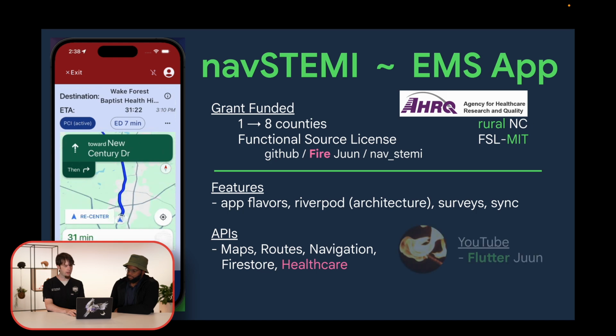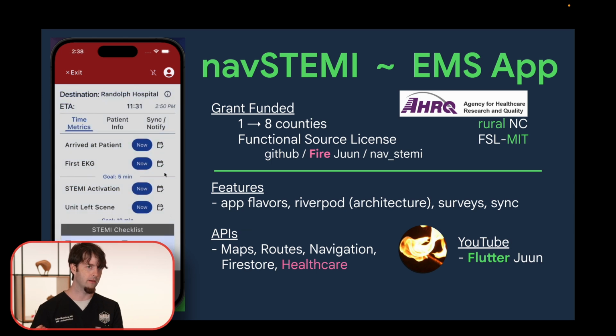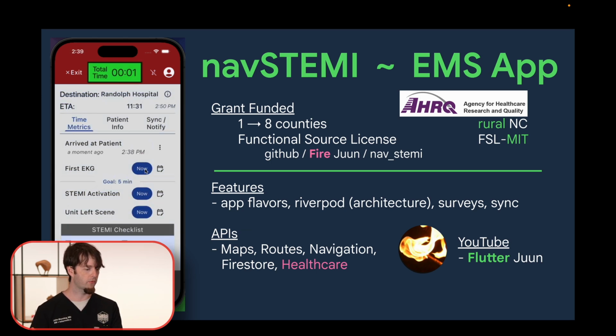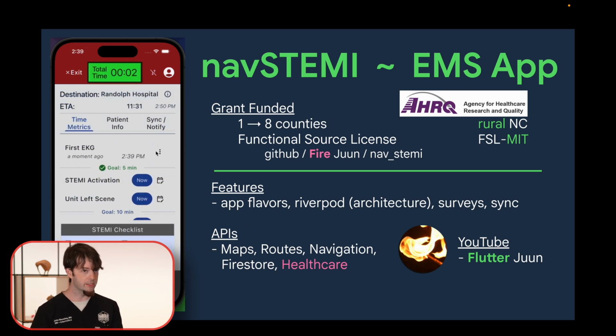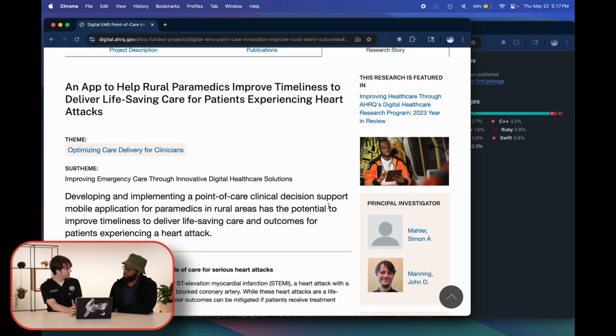Really, from a healthcare API perspective, it's maps, it's routes, it's the Google navigation, and then afterwards we have some things that connect to and from FHIR-FLI. The list of emergency departments is on there, as well as the survey data that medics and paramedics are giving post-hoc. So let's look through at least a little bit in terms of what's being addressed here, as well as how you can get started if you are interested in using these packages yourself.